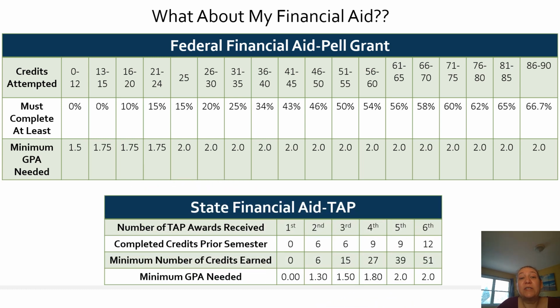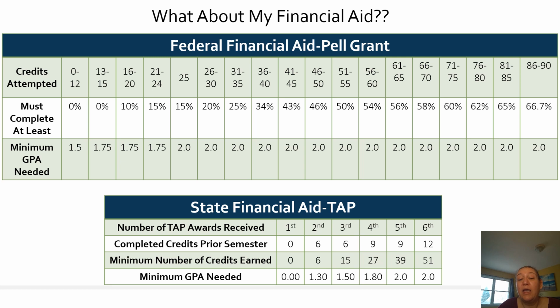Then looking at your state financial aid, which is TAP, you look at how many awards you received. So your first semester is the first award. Of course, going into your first semester, you've never been in school, you don't need to have anything. After your first semester going into your second, that means during your first semester, you have to have at least 6 credits completed. So you have to have actually earned 6 credits,